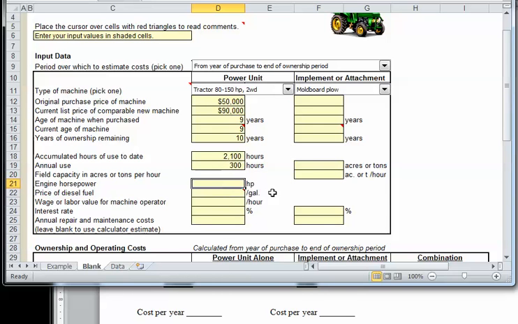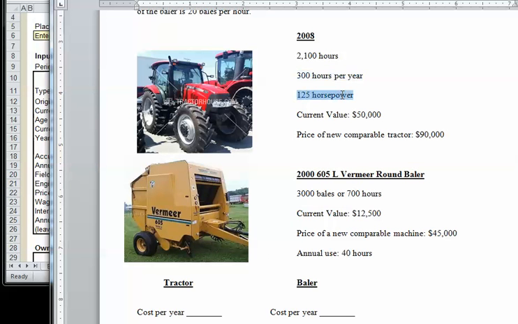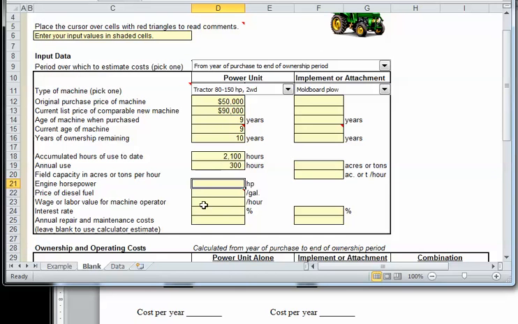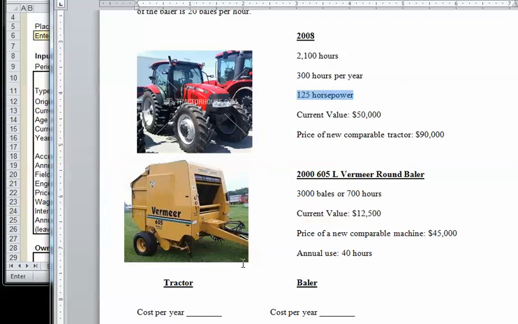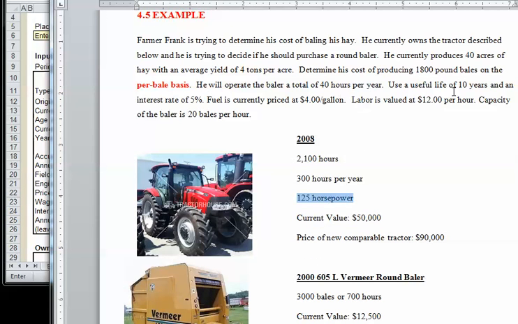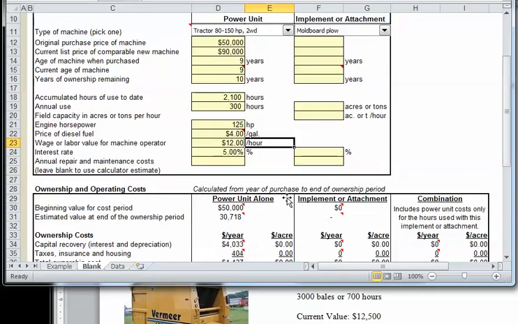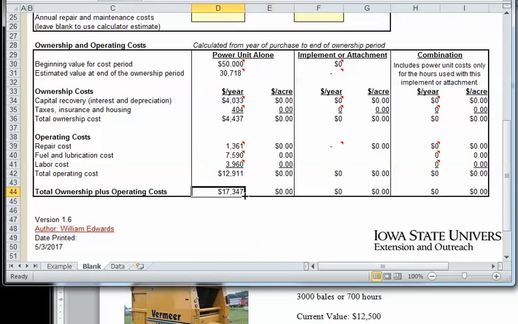Okay, the engine horsepower, 125 horsepower. Diesel, I believe, was $4 a gallon, and our labor was $12, and our interest rate was 5%. Yes, 10 years, interest rate 5%, fuel $4, labor $12. So there we have the cost of our tractor, and you can see right here, annual cost of this tractor,